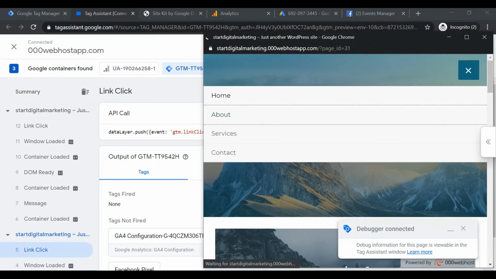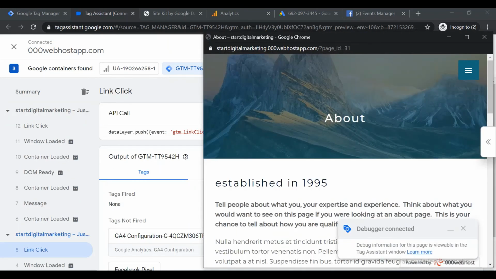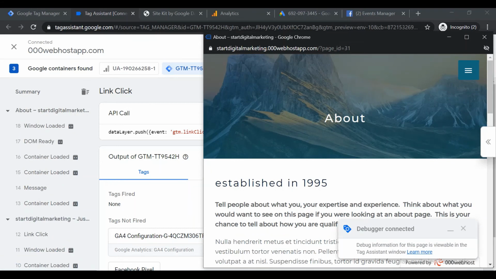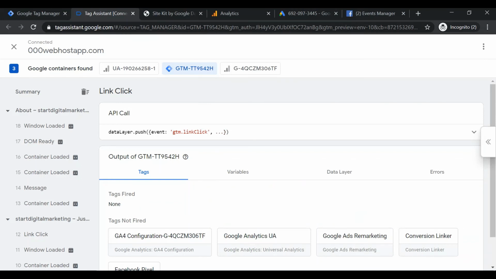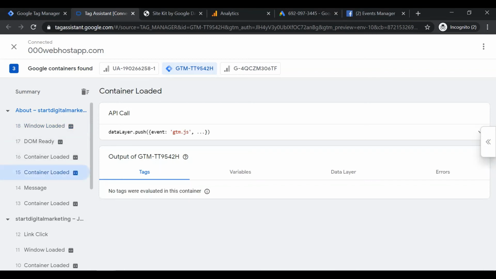Now let's open Tag Assistant. On the left hand side, you will see the pages that you have loaded while using the preview mode. We can see both of the pages we have viewed. We can also see the triggers associated with the pages.